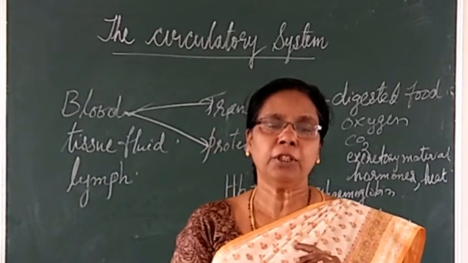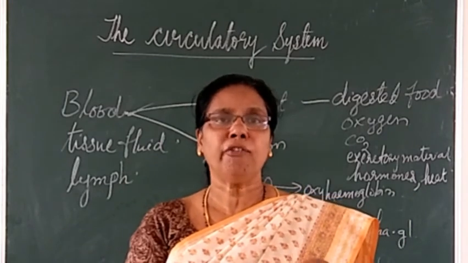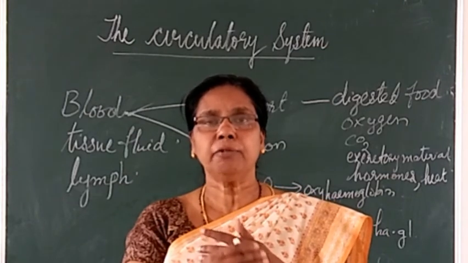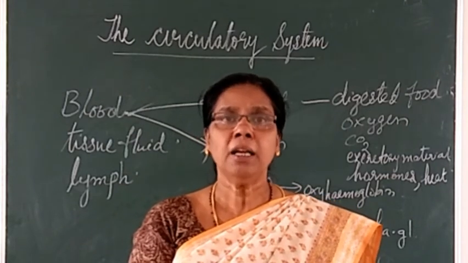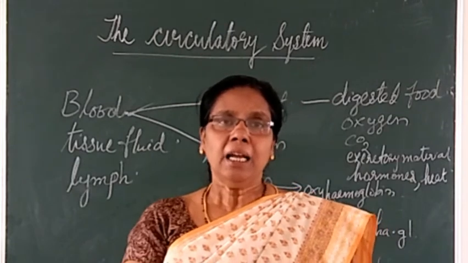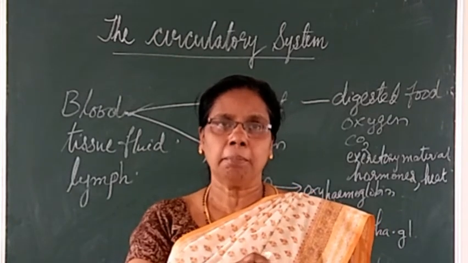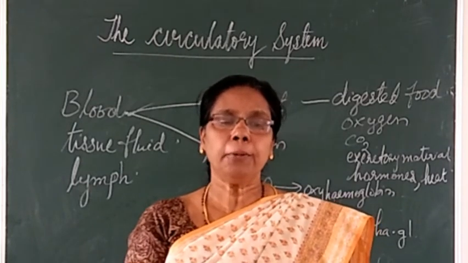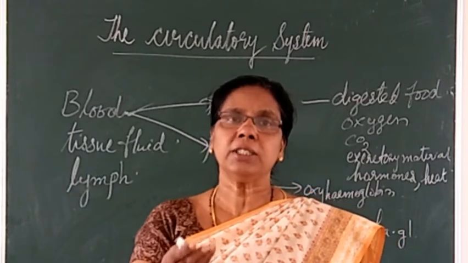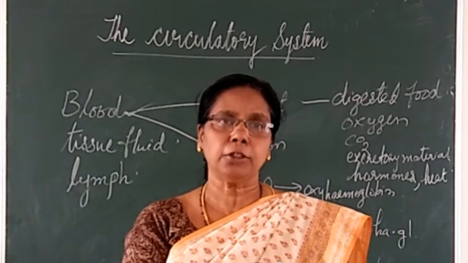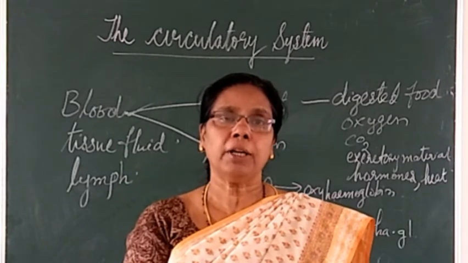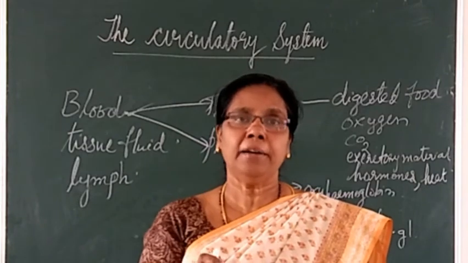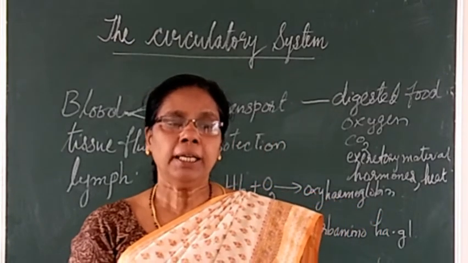This clot serves mainly a few things. One thing is preventing further loss of blood from the body. By clotting, further loss of blood will not happen. The second thing is that if the wound is open and blood is continuously flowing, the cut region is open, and there is a big possibility that disease-causing germs may enter. So by forming the clot, it stops the entry of disease-causing germs.